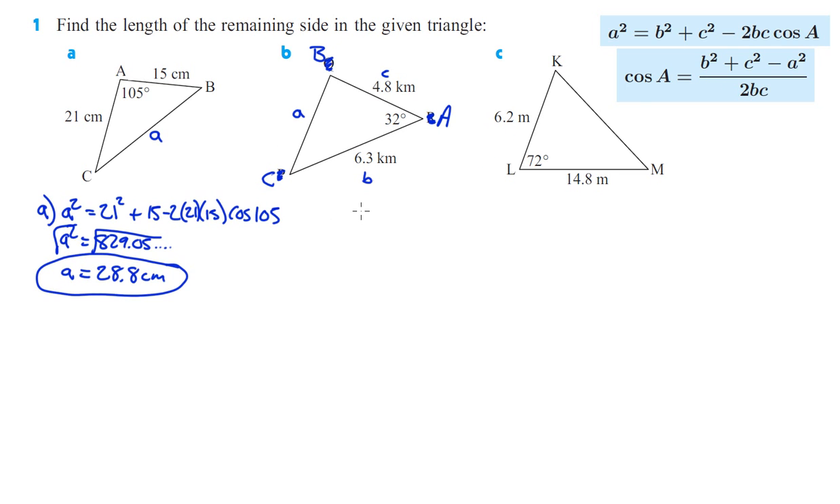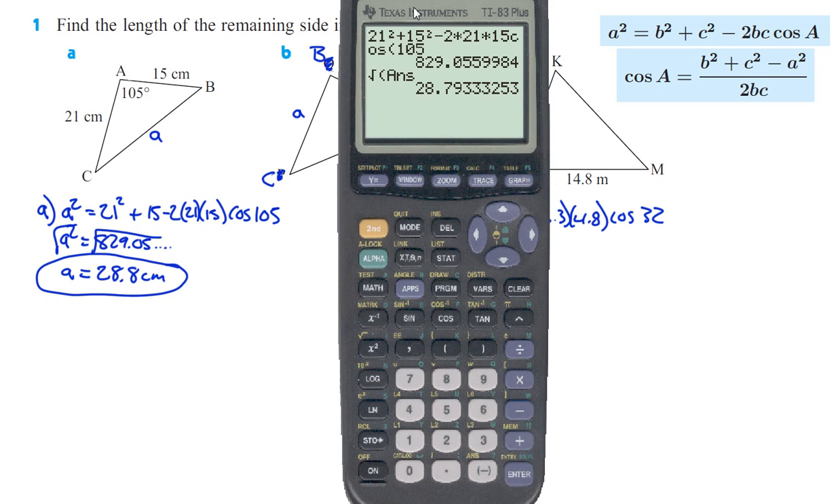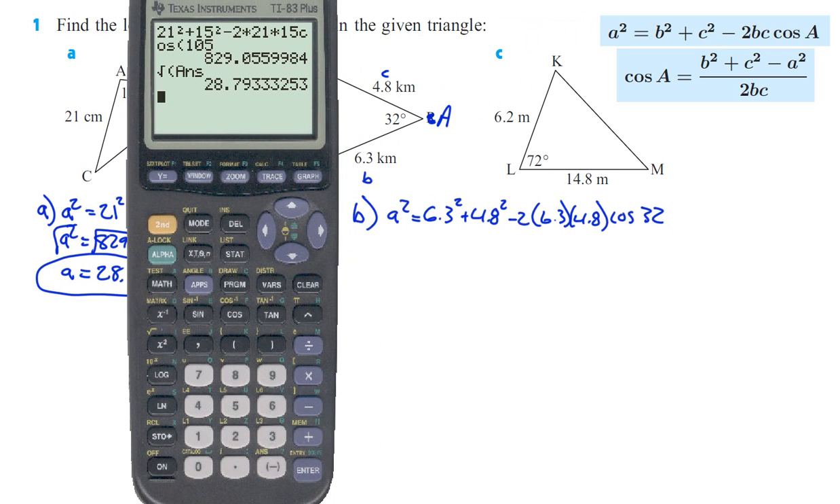Okay, so for B here, we've got A squared equals B squared, which is 6.3, plus C squared, which is 4.8, minus 2 times B, which is 6.3, times C, which is 4.8, all times the cosine of the angle A, which is 32 degrees. Okay, so then we're just going to plug this into our calculator. Okay, so I just put that all into our calculator here, and we get